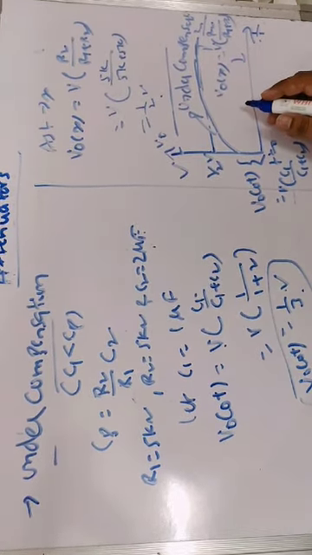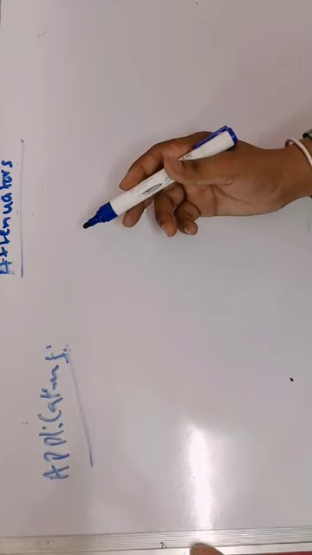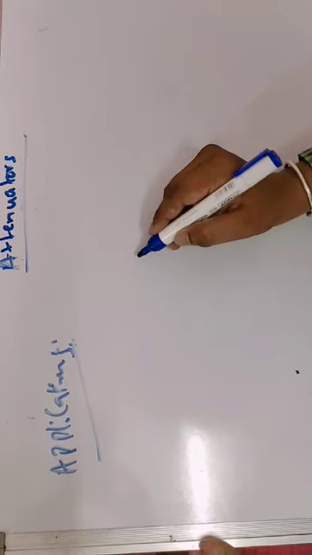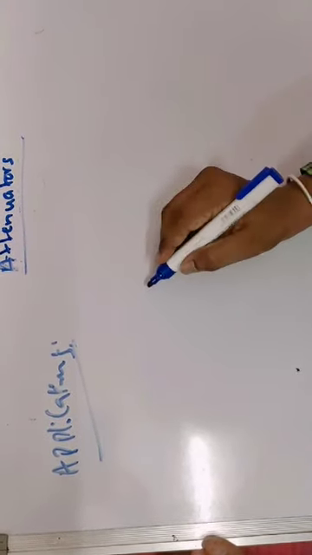Coming to the applications of attenuators, resistive attenuators are used as volume controllers in radio broadcasting stations. Second, variable attenuators are used in laboratories where it is necessary to decrease the signal strength of voltage or current signals. And resistive attenuators are used after signal generator stages, because we cannot apply high power signals directly to the load, as the loads will be damaged. Because of that, we need to decrease the signal strength with the help of attenuators. So these are a few applications related to attenuators.